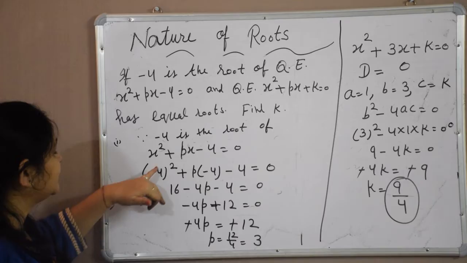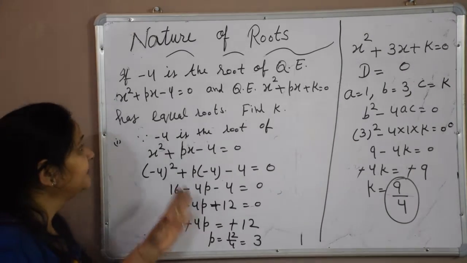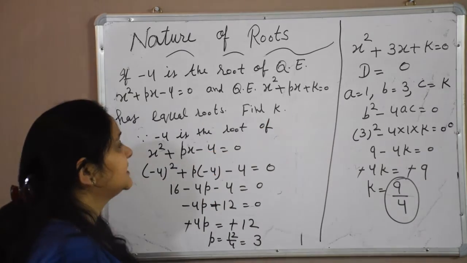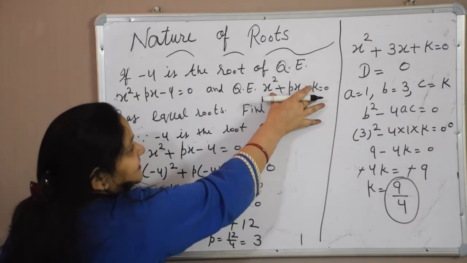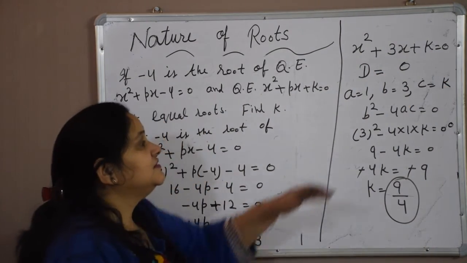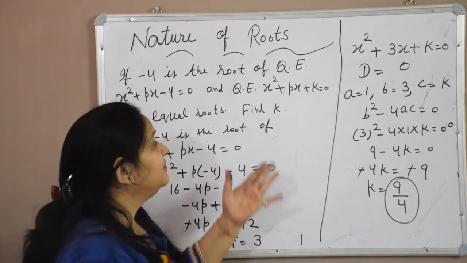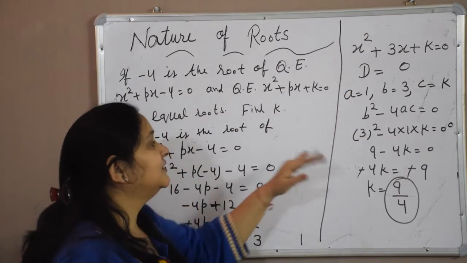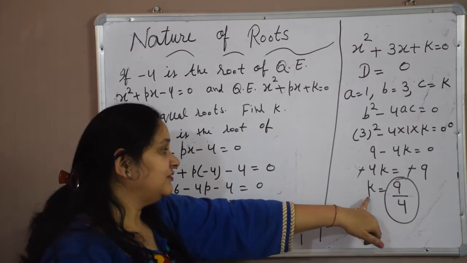So in place of x we can put minus 4, and easily we can find the value of p. Both the equations are connected to each other, therefore we will use the same value of p in the other equation. We will get a single quadratic equation with a single unknown k here. And because the roots are equal, we will use discriminant equal to 0, and we will solve it,